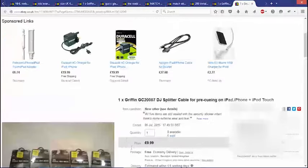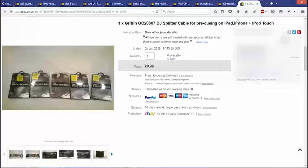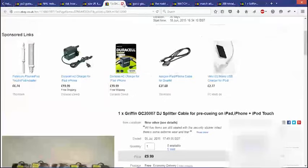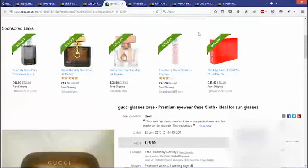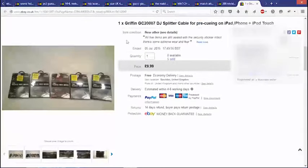Okay, next, I'm going to close this one because the next one is the same. Right, and that one there because that one's the same. I didn't realise I had all three open. My bad. Right, yeah, so basically I walked into a charity shop, see these 5 here, all for 50p each,